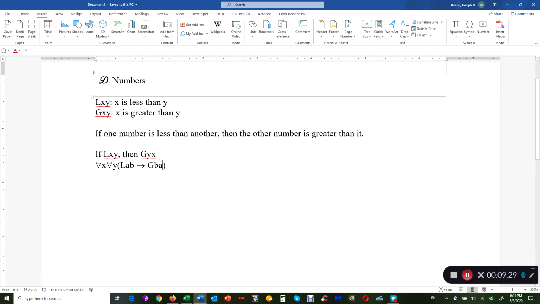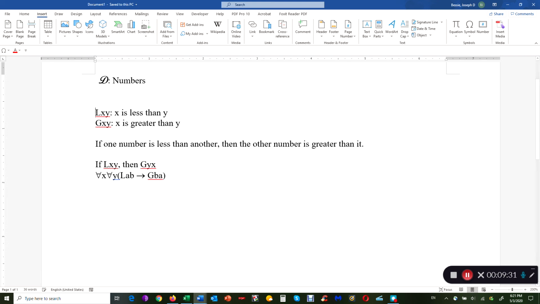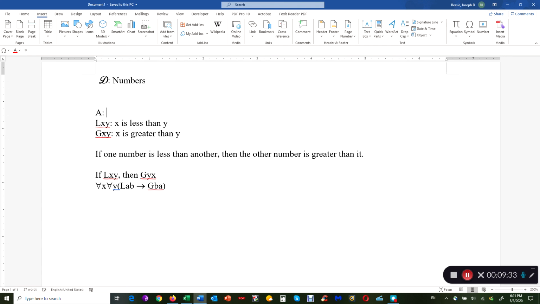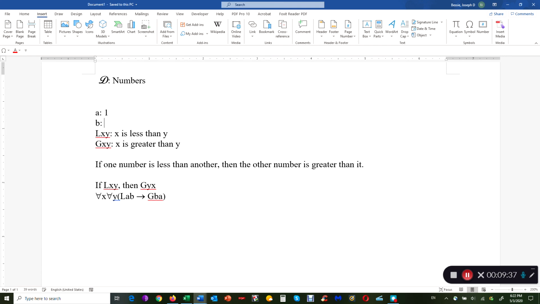So if in the interpretation, for example, a refers to the number 1 and b refers to the number 2, I've seen some situations where people have just put in constants in place of the variables. And this says for all x and for all y, if 1 is less than 2, then 2 is greater than 1. Which is true, but you're not saying